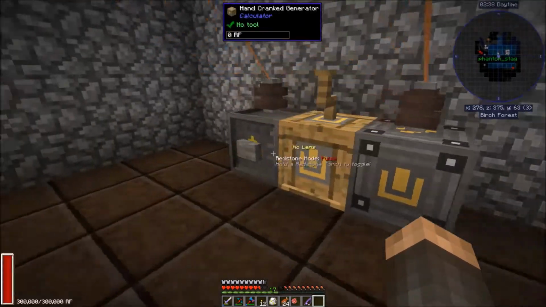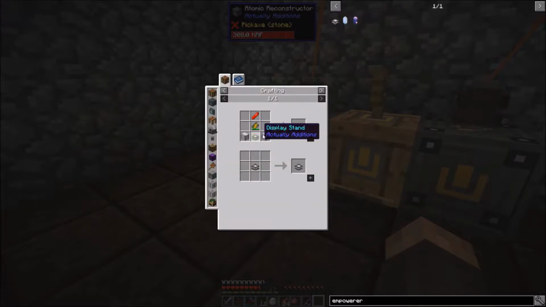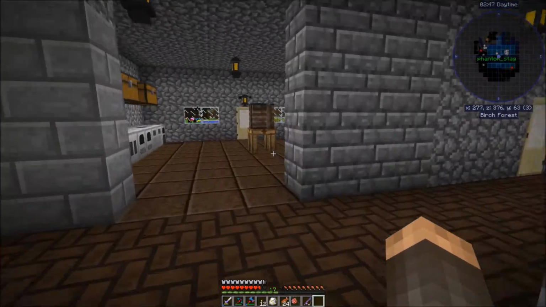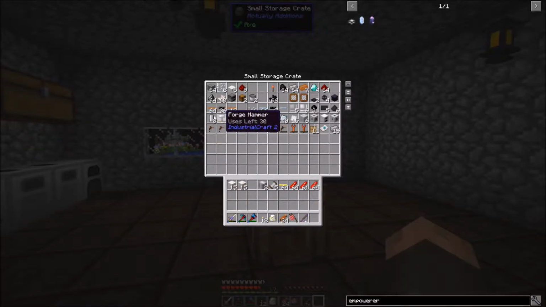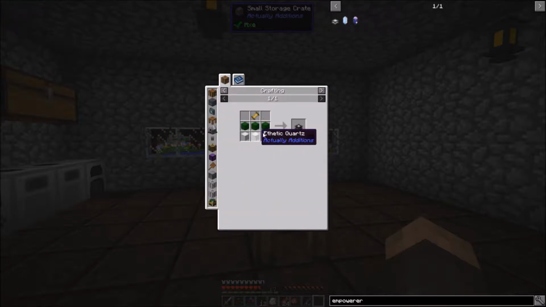Oh, and we need chiseled quartz blocks and blocks of quartz for the display stand, and you'll see that in just a second. Because that's why I have this stuff in here. What you do is you take quartz, and we're going to need 2 blocks of this, I believe. No, we're going to need 3 to demonstrate the full thing. So this creates blocks of quartz, okay? And the blocks of quartz will become